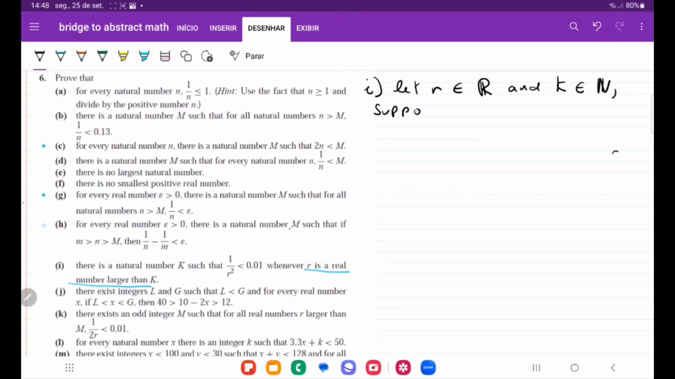Suppose that r is larger than k. What we want to show is that there is a natural number k. So let k be equal to 10, because we just have to produce an object in the universe. And so if k is equal to 10, note that